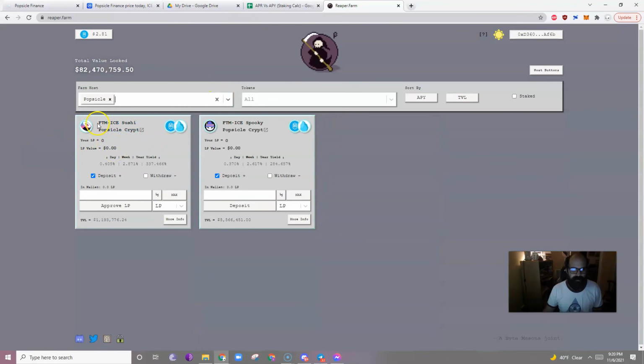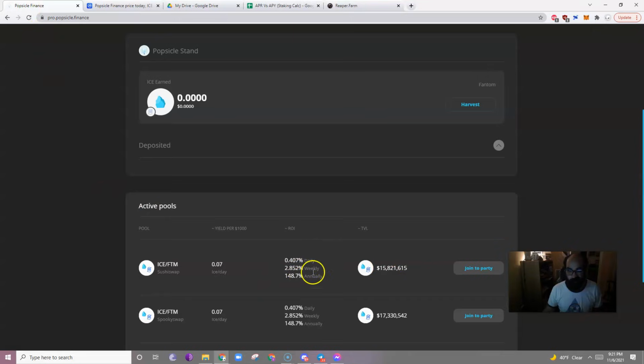Popsicle. Phantom Ice, Phantom Ice. Yeah, there you go, right? So Phantom Ice, 337 here, 433 here. I'm kind of surprised, actually. I thought those would have been higher, because if I do the math with my APR versus APY, and I look at the base rates of 148,